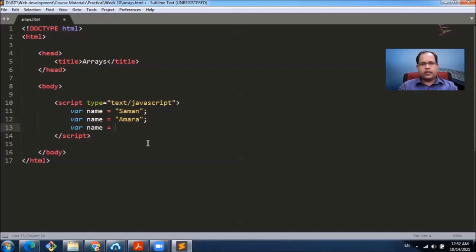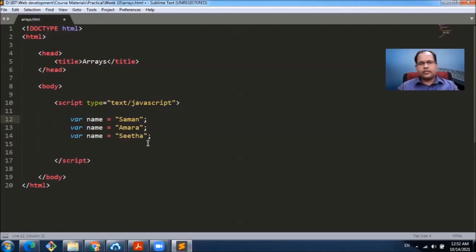Var name equals Sita. Right. Now let's say we want these names in our program. But whenever we use the same variable, the previous name gets deleted and the new name assigns to the variable. Let's check that out.